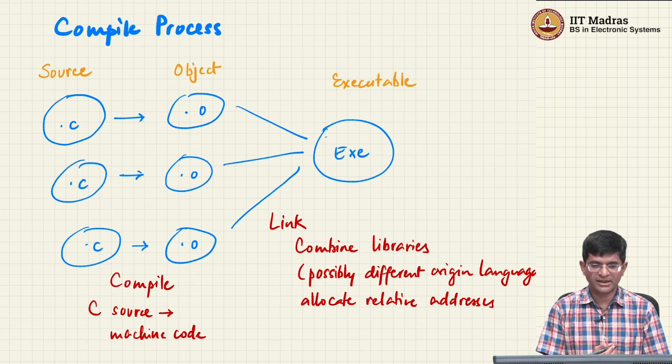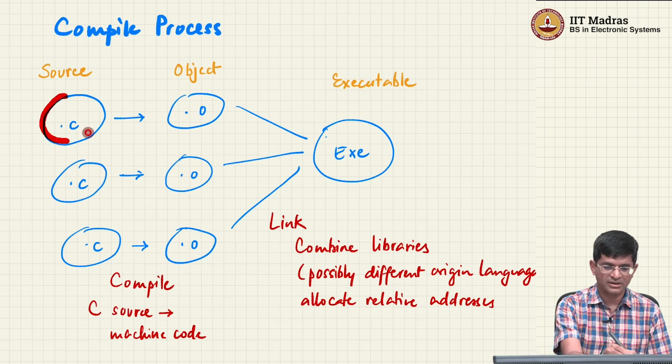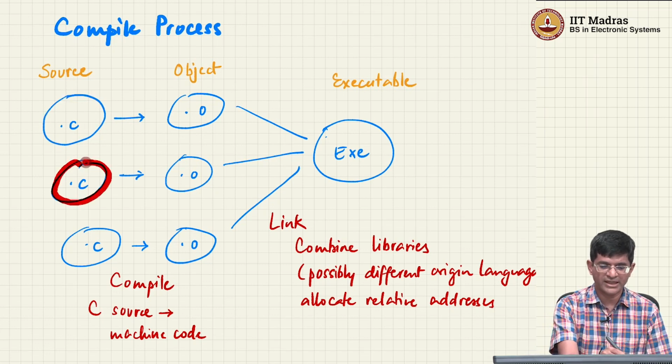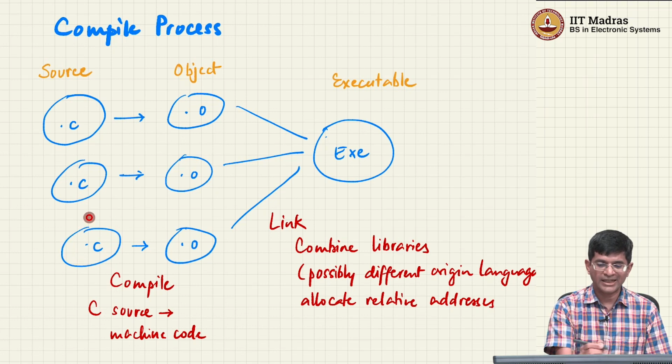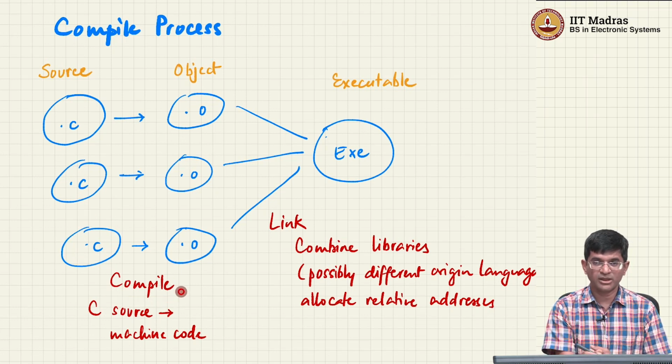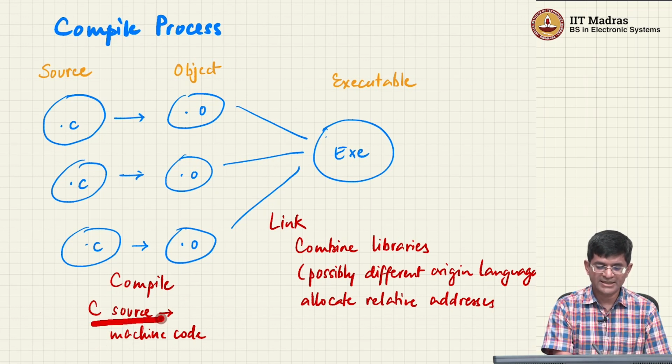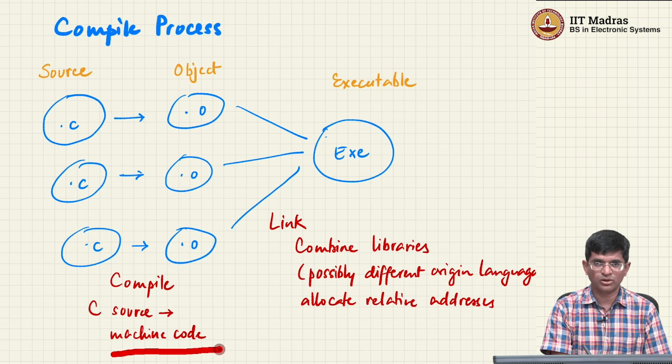So what the compiler does is it basically takes this source code, which could be in several different C files, and each one of those is compiled, right. And the important thing to keep in mind is this compilation step only takes C source code and generates machine code. It does not by itself create an executable file, which means that each of these .c files gets converted into a .o file separately,